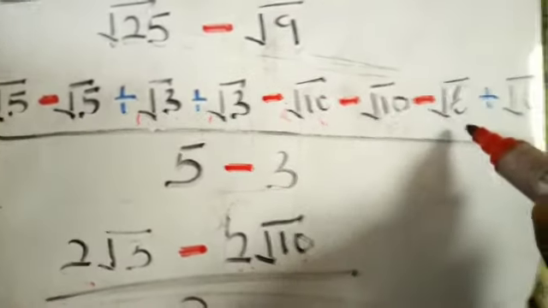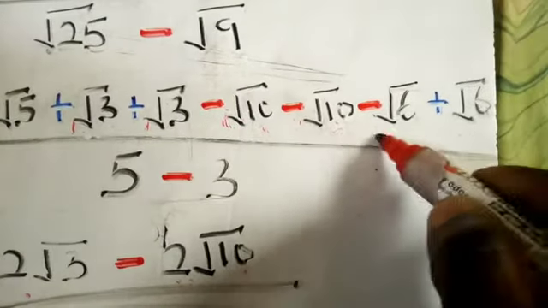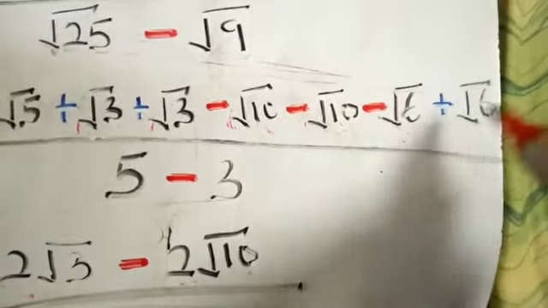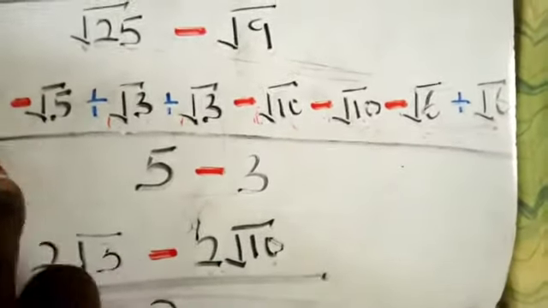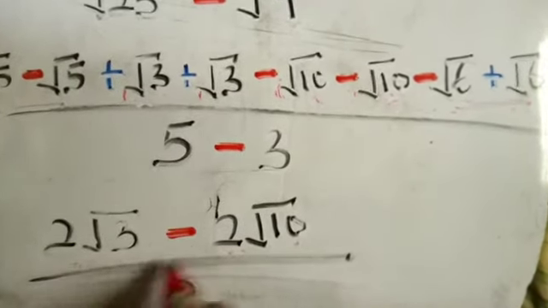So what about the latter part? The latter part, you can see that they all go away. So 6 steps forward and then 6 steps backward. So that one becomes 0. Okay, so this guy goes away, this guy goes away. So you are left with 2 root 3 minus